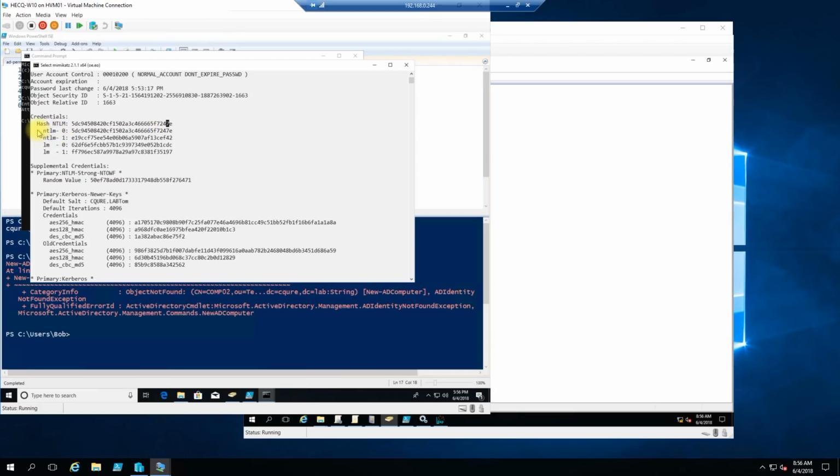So NTLM0 is my current password, NTLM1 is my old password. So let me copy my old password, actually Tom's old password,